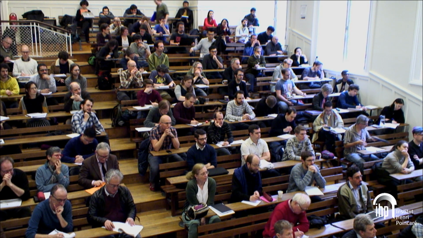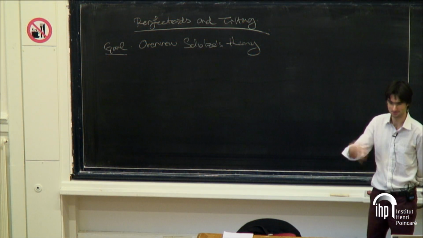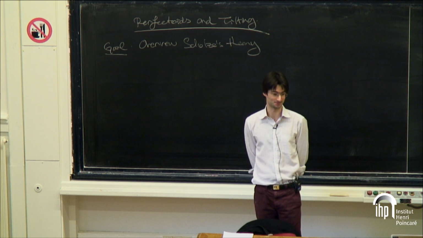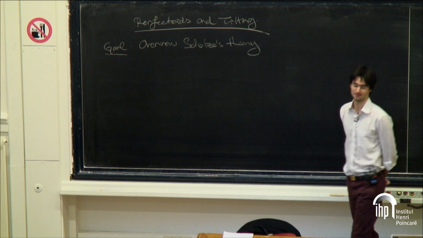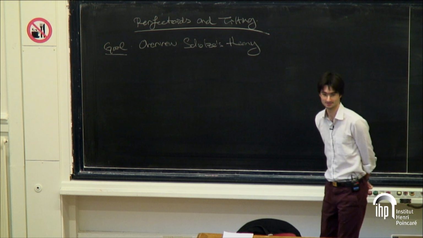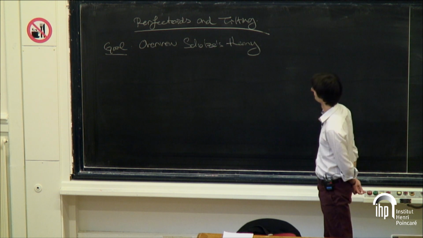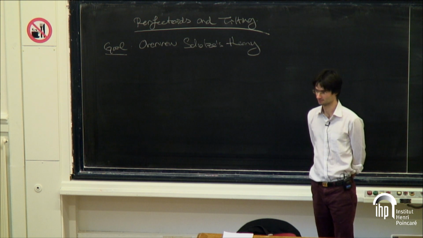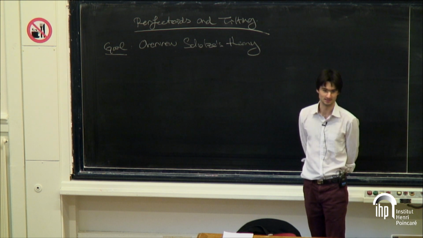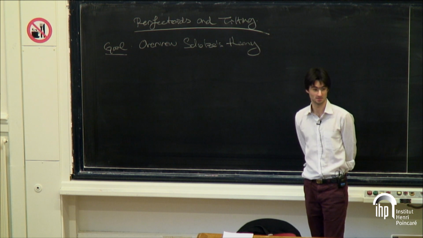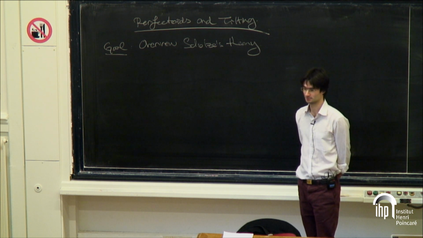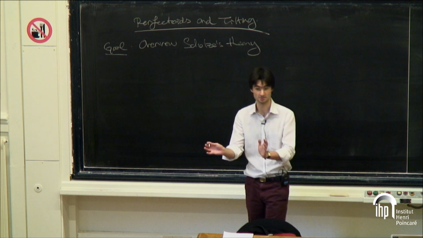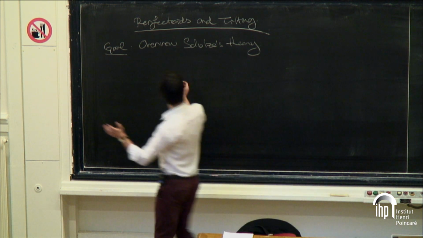And I hope at times to give this overview a slight leaning towards the topics of the conference, though I myself am far from an expert in the model theory of valued fields. My suspicion is that many of you have heard some ideas about perfectoid spaces and tilting, have some idea that it lets you move things between characteristic 0 and characteristic p. So I'm going to try to make precise statements in this talk to give you some better idea of how this machinery works. So let me fix